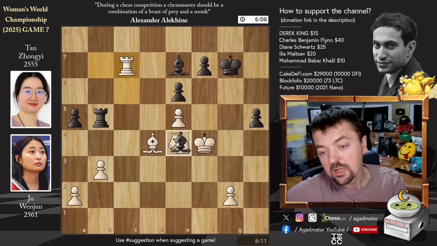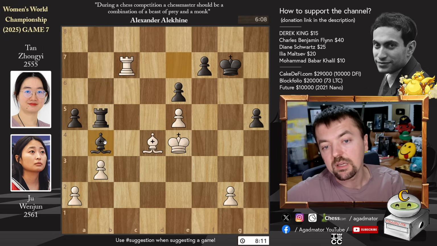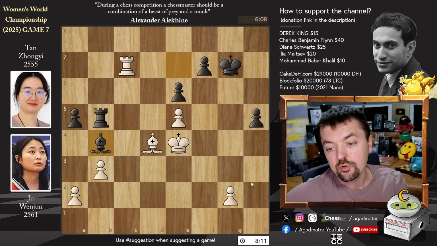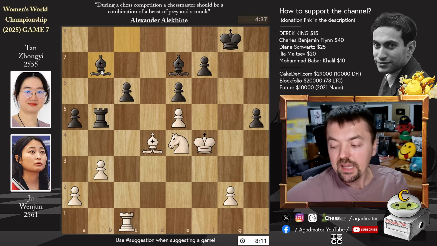Let's say rook c7, you'll capture on e4, king captures, and now something like bishop to b4, and okay, the game continues, equal material. It's an equal position. It should fizzle out in a draw. But here bishop to b7 was played, and this is